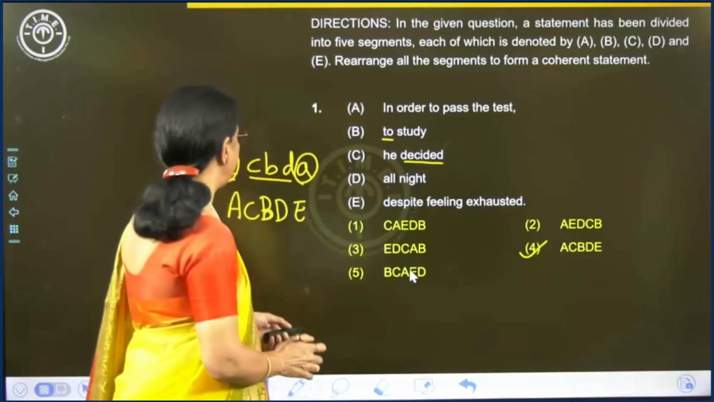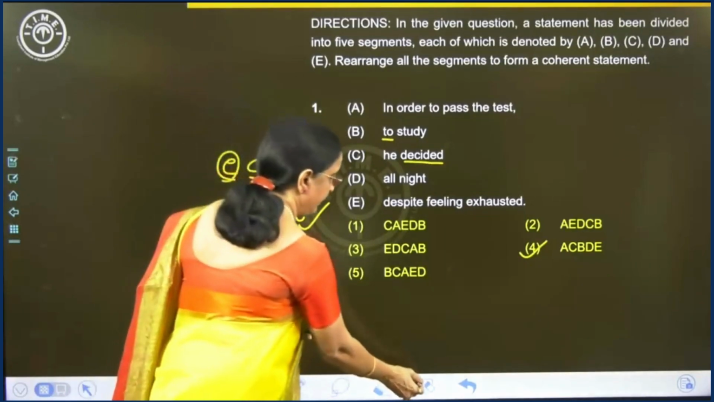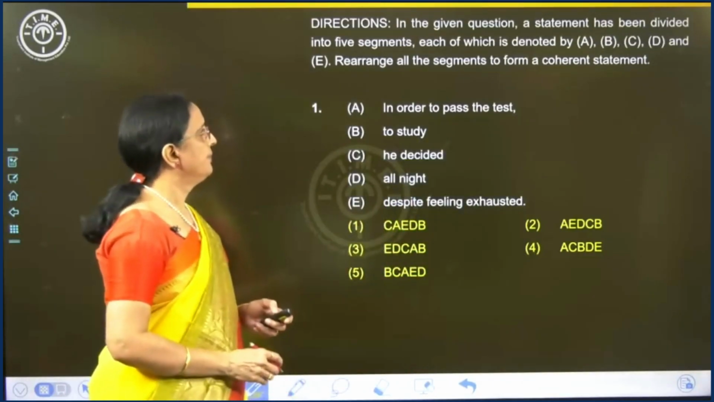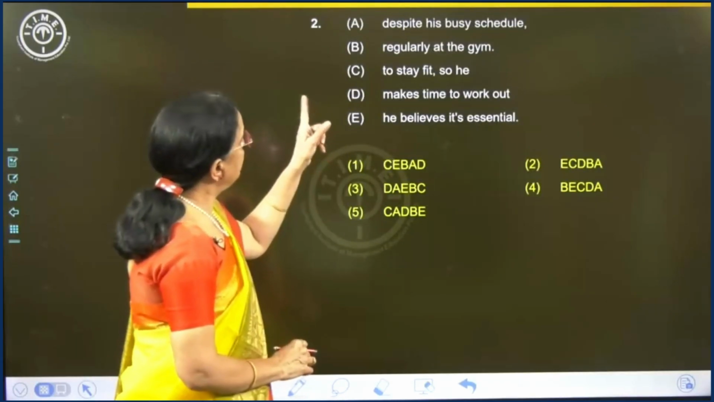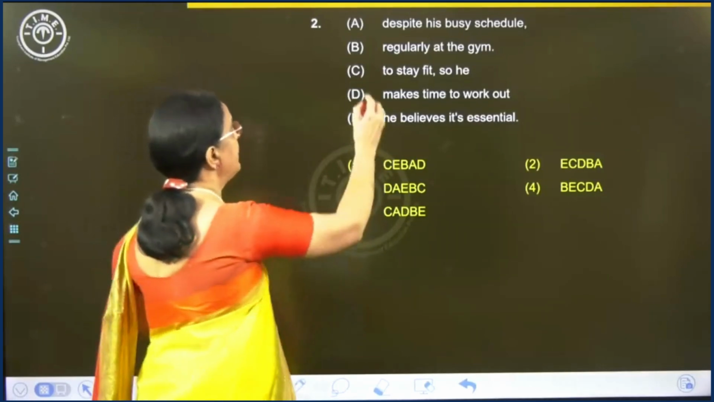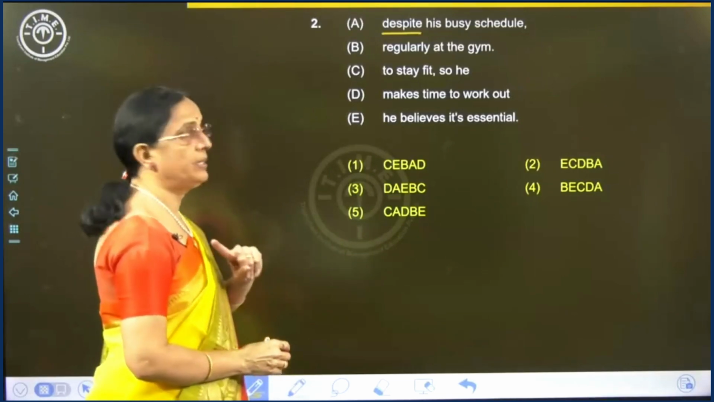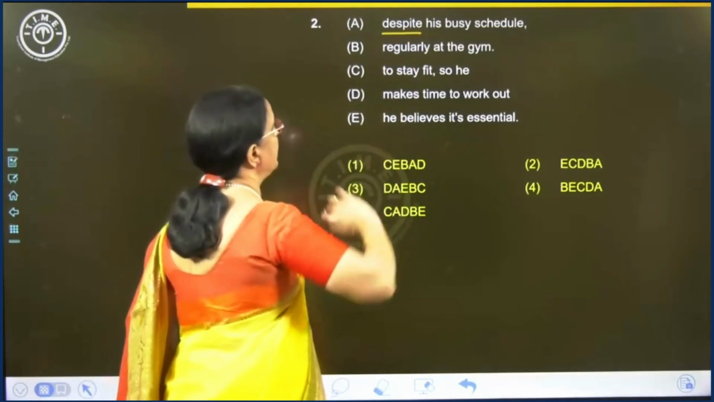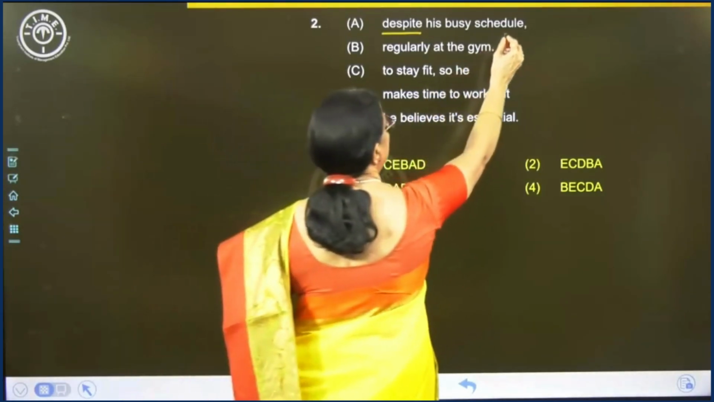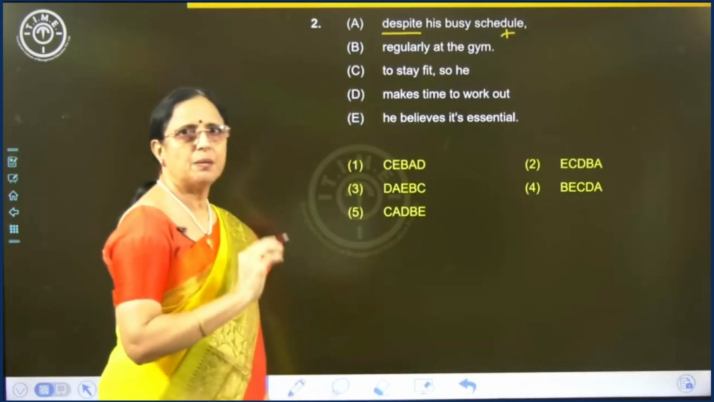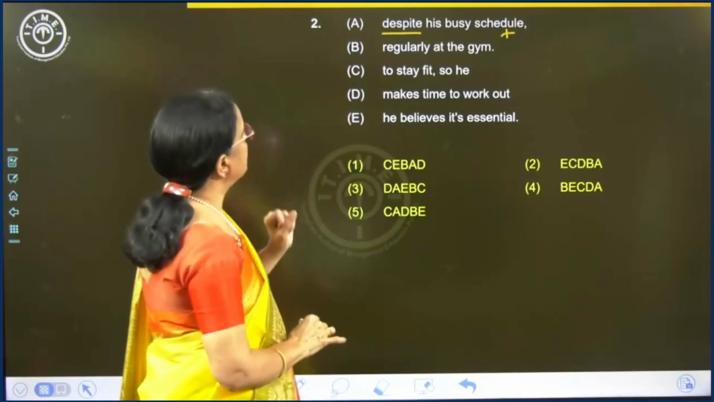Right. Second sentence. Ready. Despite his busy schedule, despite is the clue, right? It is used to join one positive and one negative idea. Keep that in mind. So, despite his busy schedule, that's negative. He did something positive. Remember that. What did he do? As I tell you always, some idea is better than no idea. Okay. Despite his busy schedule,